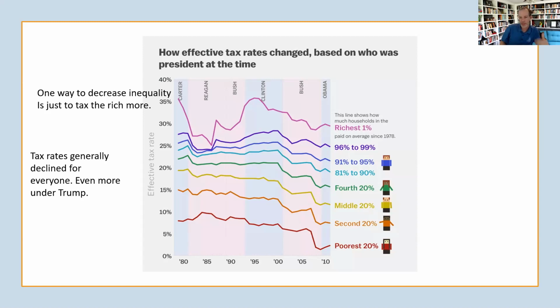And remember, if you make $1 million, a 2% change in the top tax bracket, that's a lot of money, right? If you make $20,000, a 2% change in your tax bracket is not a lot of money. The percentage is the same, but total dollars is different. So this breaks down the effective tax rates that we talked about in the last lecture for these different income brackets. And so they've generally gone down over time, but the top has really declined.